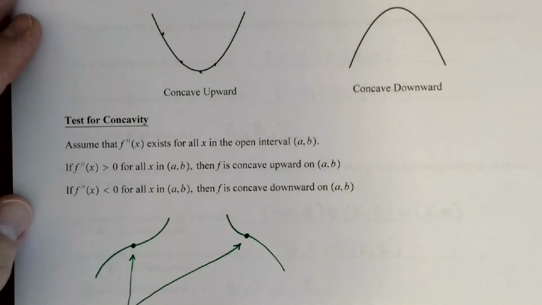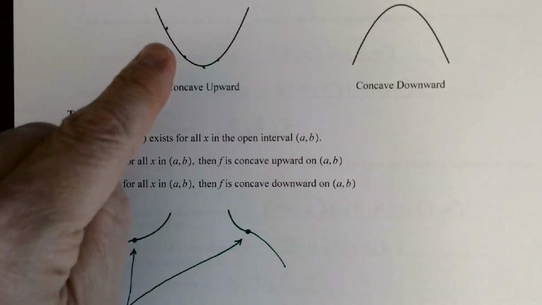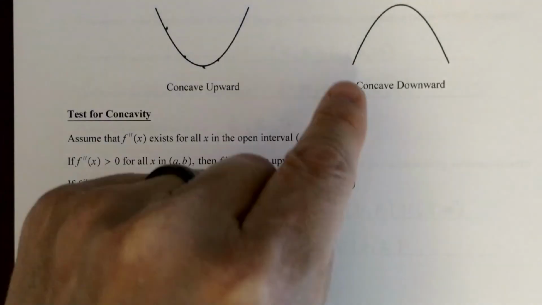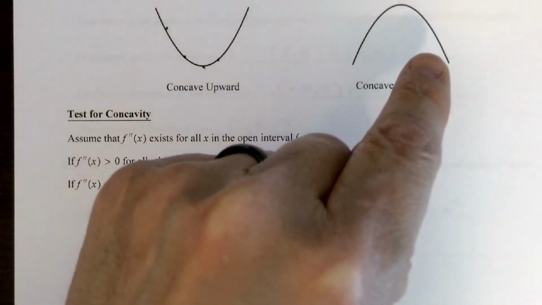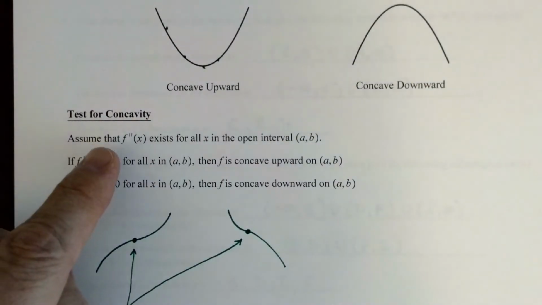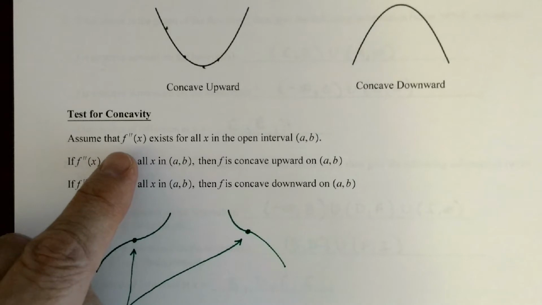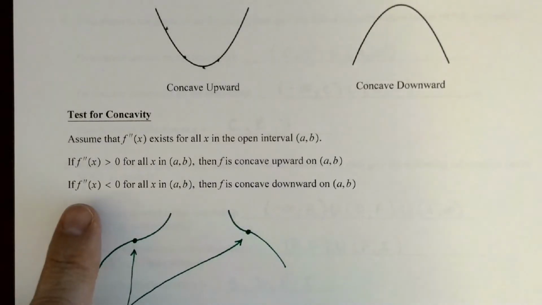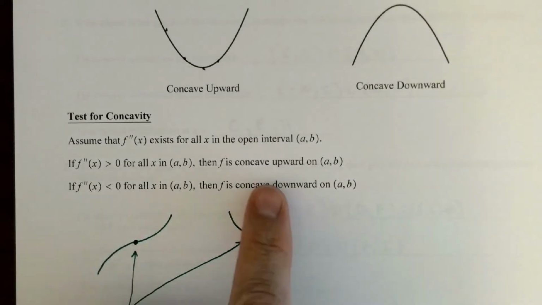Okay, in the last video we introduced the concept of concavity. Concave upward, where the derivative is increasing. Concave downward, where the derivative is decreasing. And of course that gives us this test. If the derivative is increasing, the second derivative is positive, and therefore the function is concave upward. If the second derivative is negative, that means the derivative f prime is decreasing, which means f is concave downward,